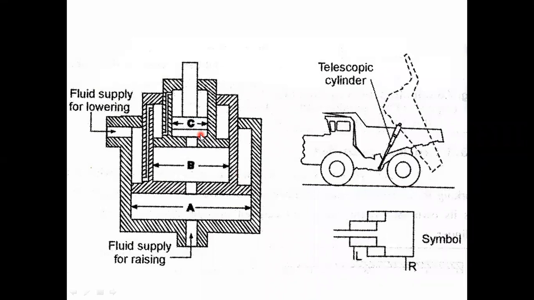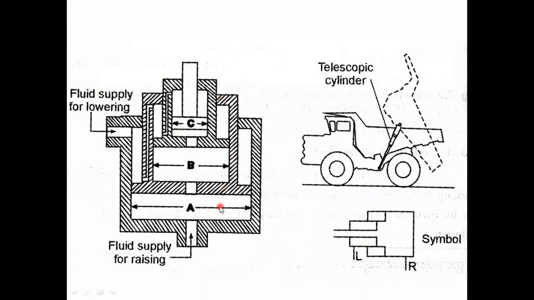Then the inlet is provided at this portion, so that when the hydraulic fluid or oil is passed from this portion, it will create pressure, or force, on the second cylinder. First this portion is filled with oil, and once it is totally filled, the cylinder number B will start moving in the upward direction, to its extended position.